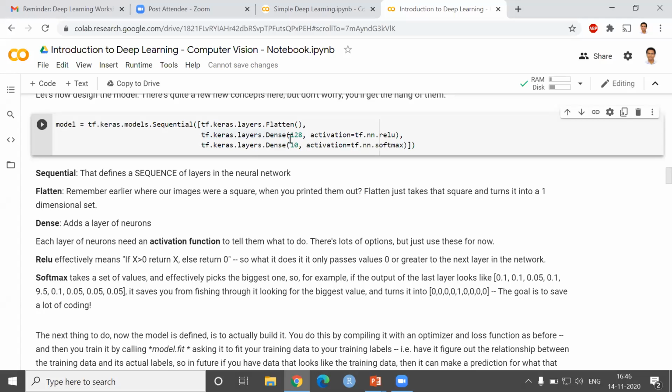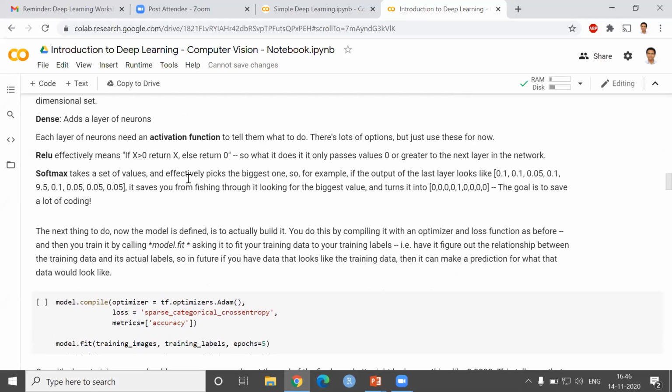If you increase the number of neurons, what will happen? What will happen if you include one more layer? These things can be experimented with. You can also try out different activation functions, but at the end, you need the softmax because you need 10 classifications.